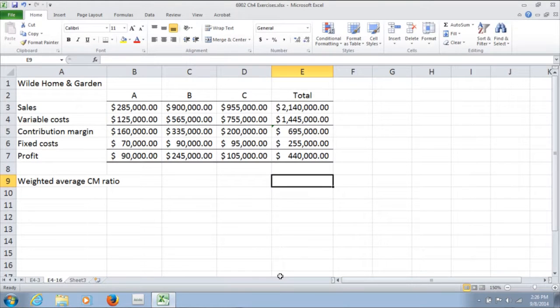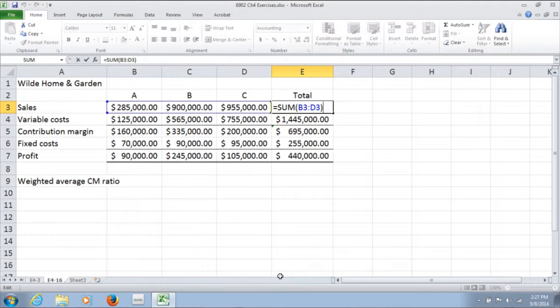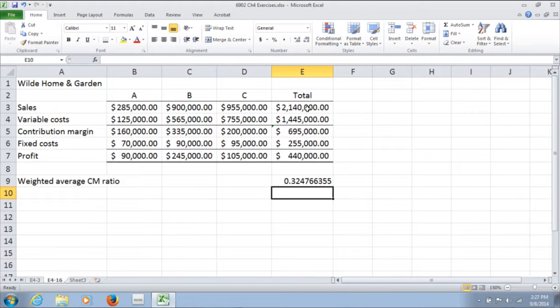In exercise 416, we're looking at the case of Wild Home and Garden, a company that has 3 different departments with various profitabilities. In part A of the exercise, we're asked to find the weighted average contribution margin ratio. By taking this total column, which is comprised of the sums of sales, variable costs, and so forth from the first 3 columns, we can merely take the quotient of contribution margin in total divided by the sales number in total, which gives us